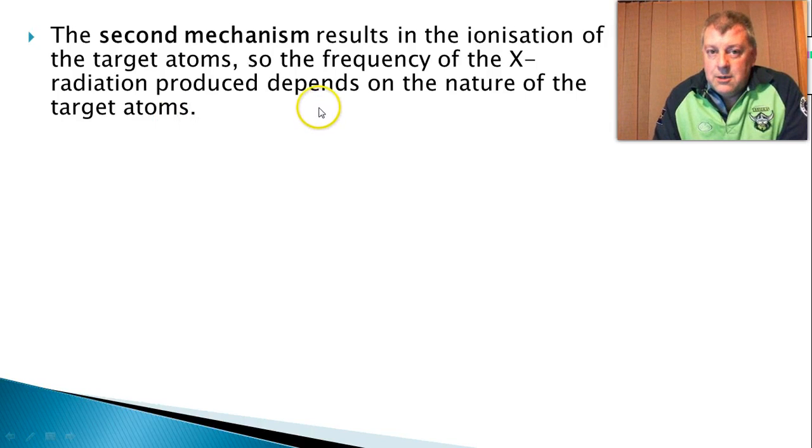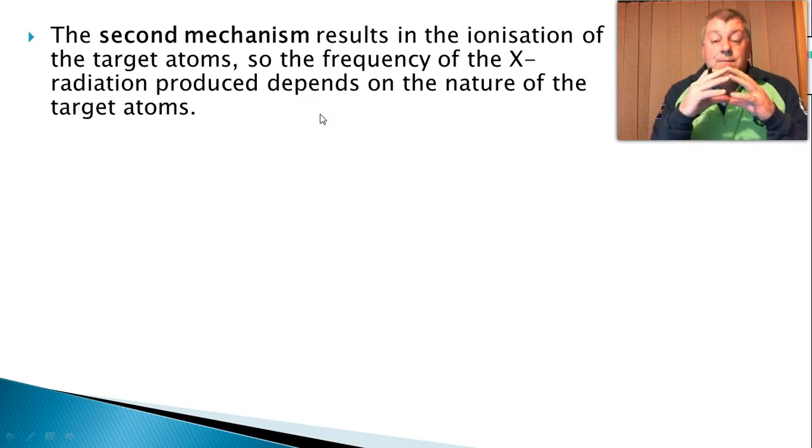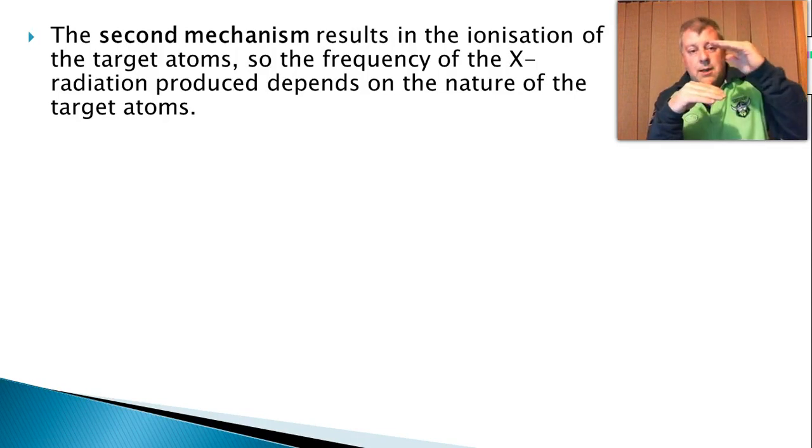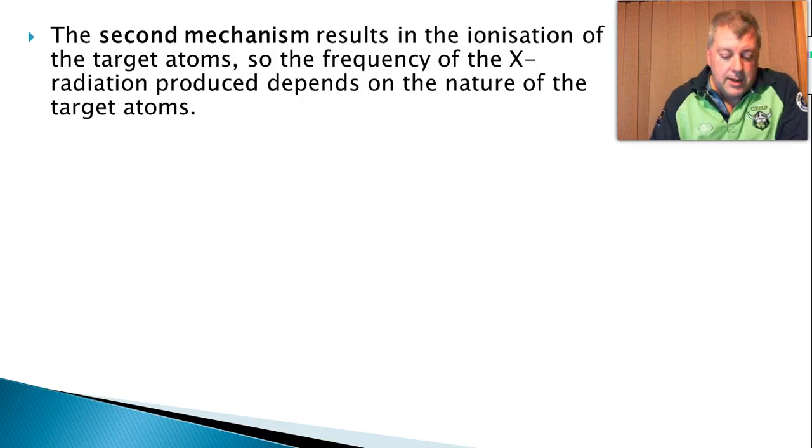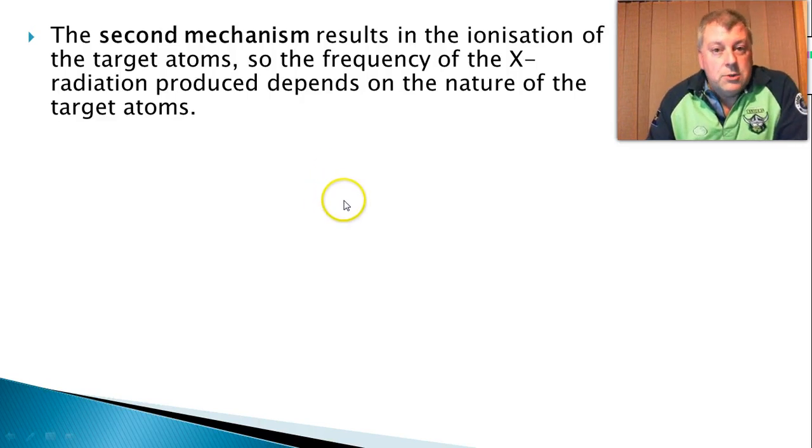Now this is something we haven't done yet, and we're just about to do it when we do atomic physics. But we can envisage the electrons around an atom as being in energy levels, and if they're knocked out, an electron will drop into those energy levels, and in doing so will release energy, but only certain amounts of energy that correspond to those energy levels, and every element has its own particular energy levels,